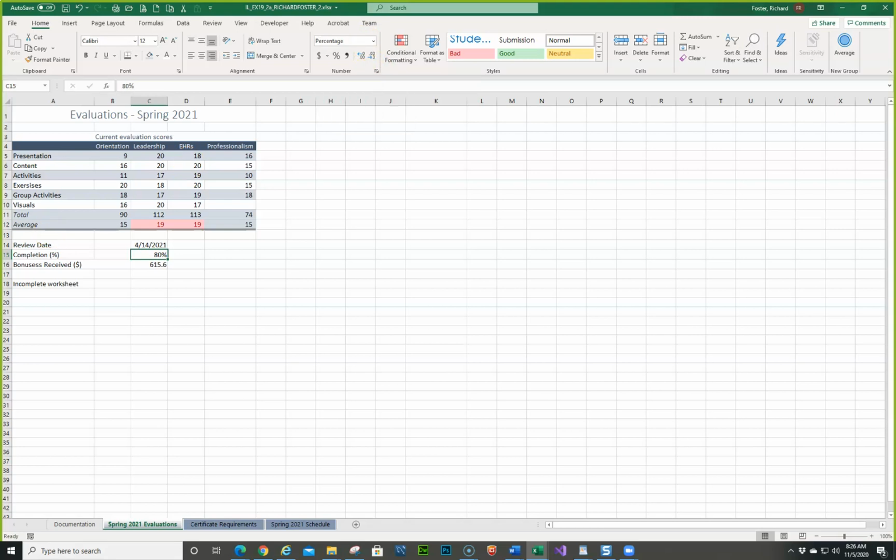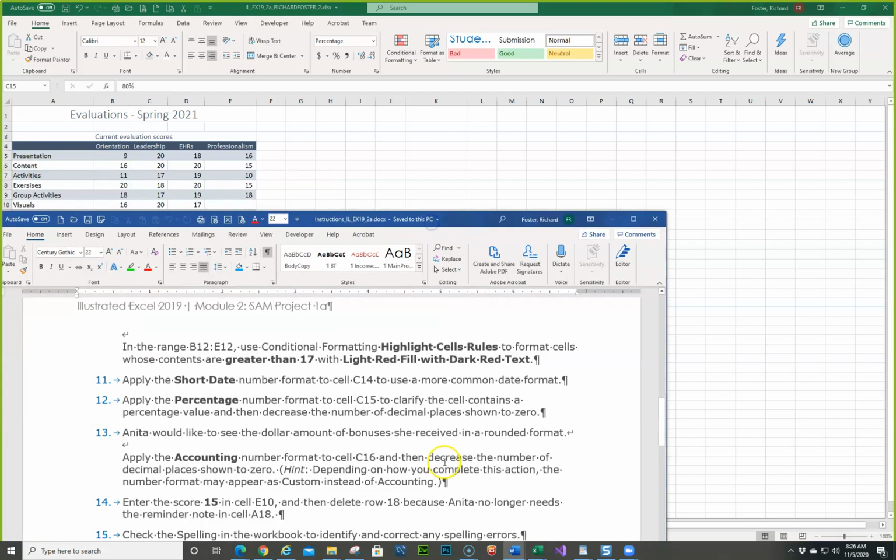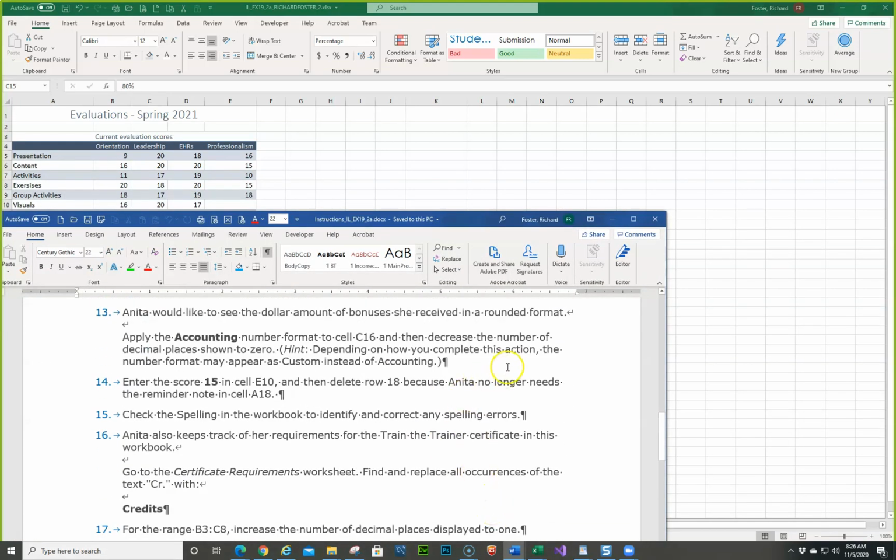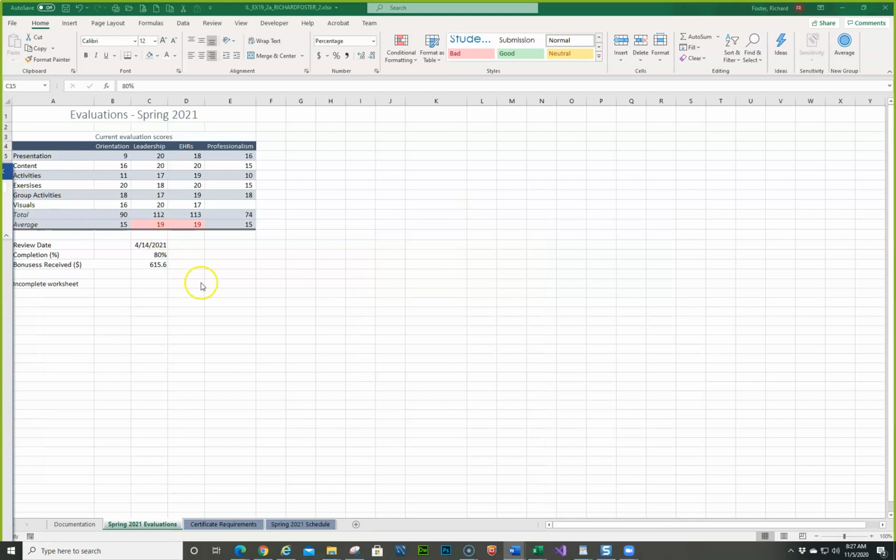All right, so we want to apply the accounting number format to cell C16. And we are going to decrease the number of decimal places to 0. They give you a hint in here. Depending on how you complete the task, the number format may appear as custom instead of accounting. So we're going to go in here, and first thing we're going to need to do is click in cell C16, wherever that is, C16,